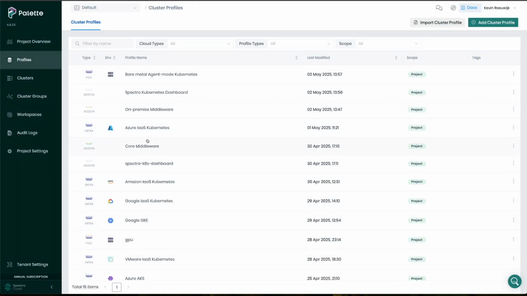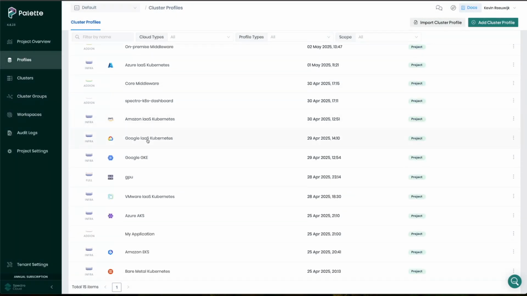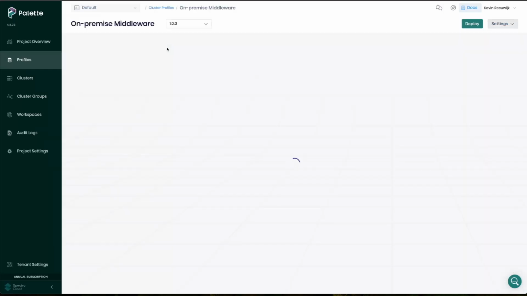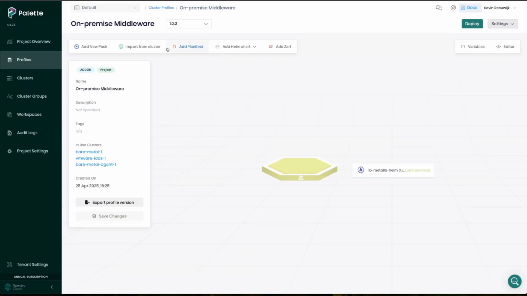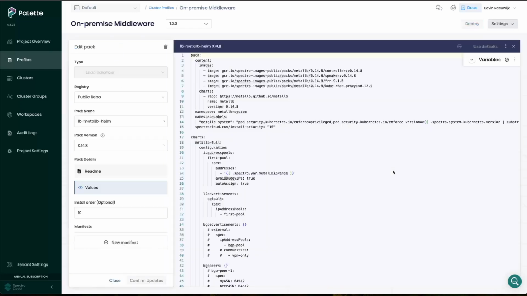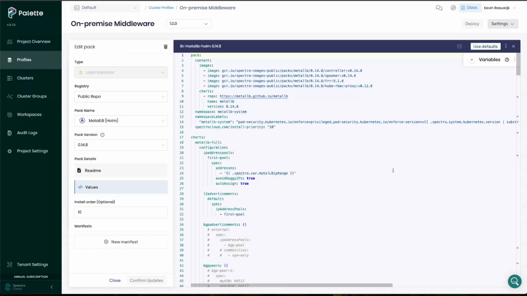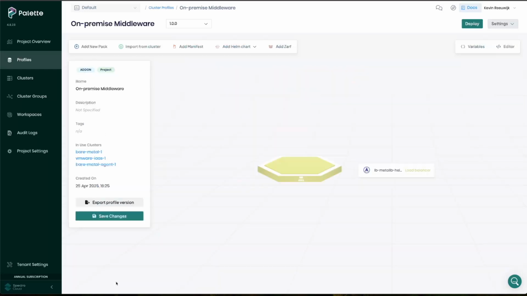As with public clouds, cluster profiles are the core of cluster management with Palette. While infrastructure profiles will be specific to each target platform, either in the cloud or on-premises, there is also the add-on profile, which is platform agnostic. That makes Palette ideal for managing clusters across multiple platforms. Common components for all clusters can be managed through a single add-on profile, giving you centralized control over versions and